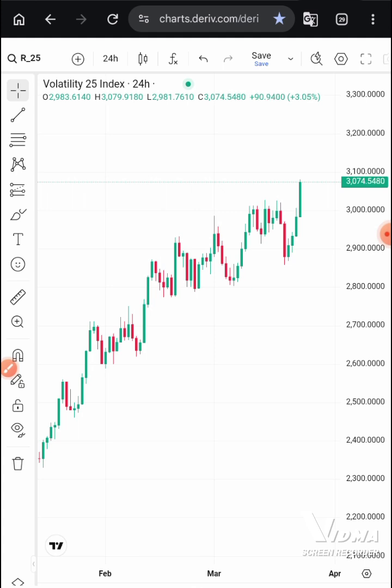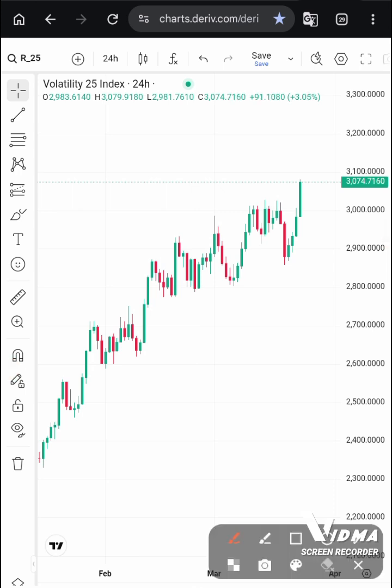All right. So let's do this. When you get time, go on your Google search bar and type Deriv Trading View. Right. When you've typed Deriv Trading View, it will open this page for you, where it will have your V25 over there. Okay, so it's going to have volatility 25 shown over there, and then this thing here that says 24H is